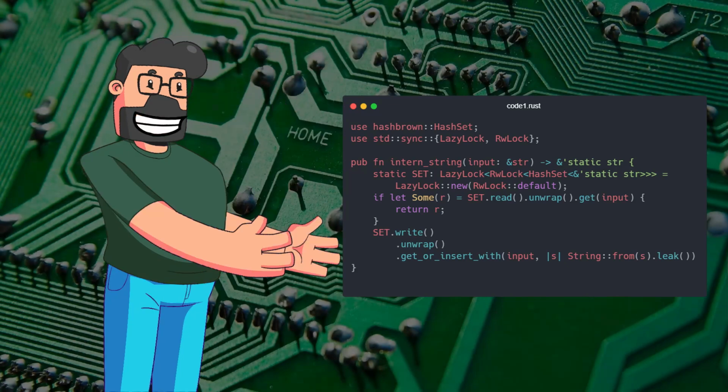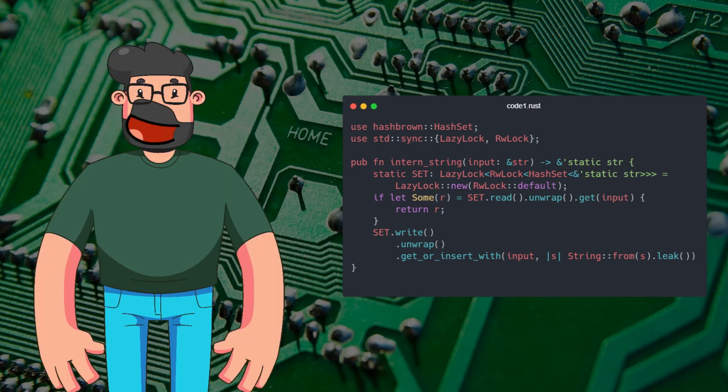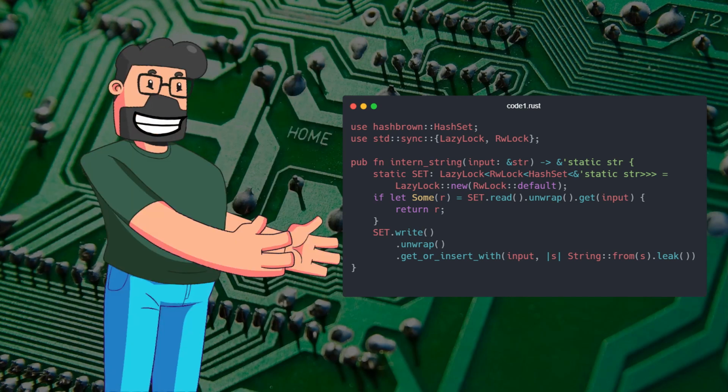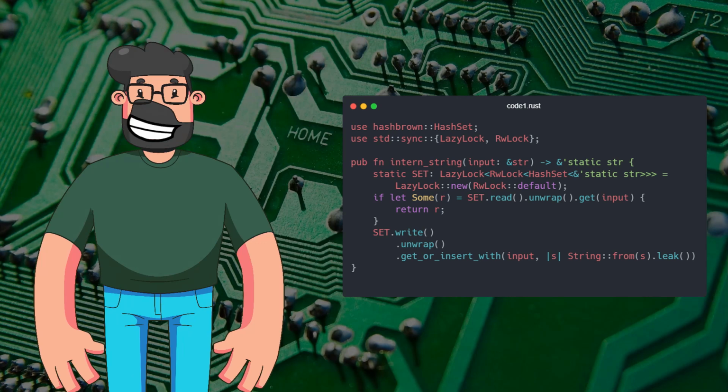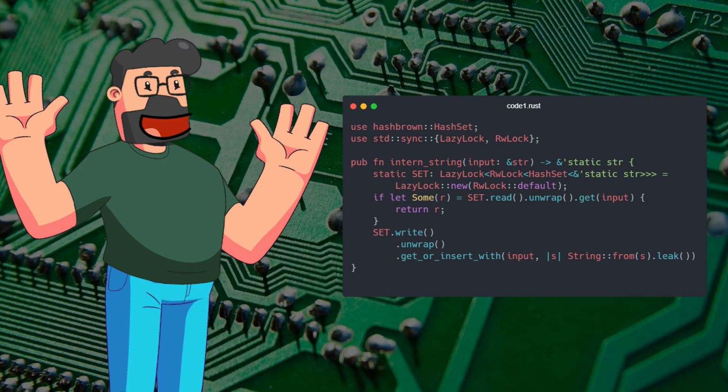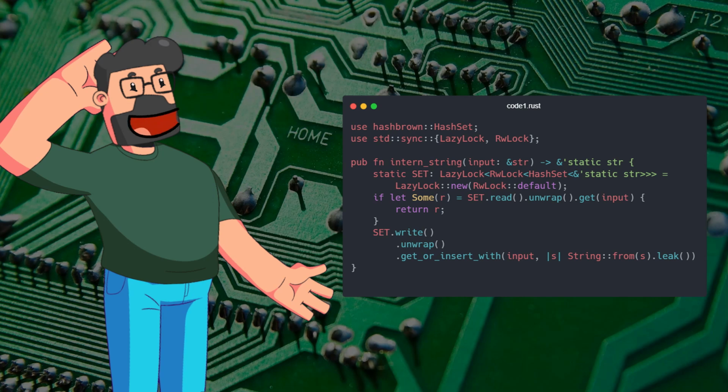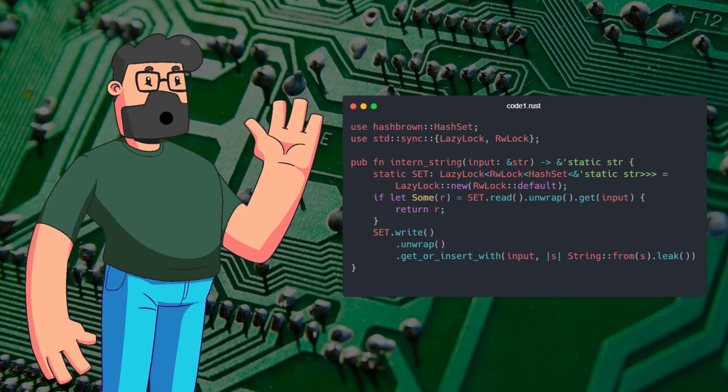By utilizing RwLock HashSet in the string leak method, we can simplify the code while maintaining safety and efficiency. The new implementation eliminates the need for unsafe code entirely and provides a more elegant way to intern strings. With the use of LazyLock for lazy initialization and RwLock for reducing contention among threads, the code becomes more robust